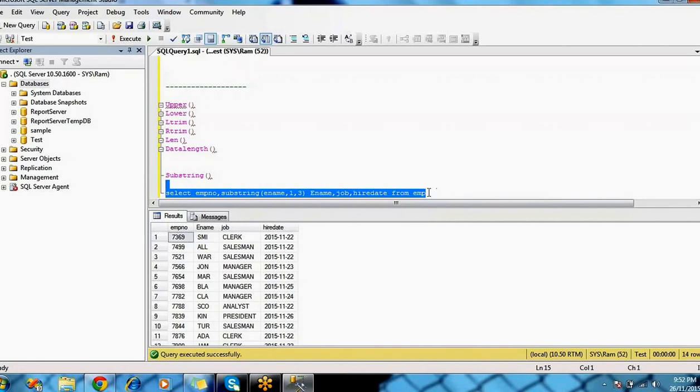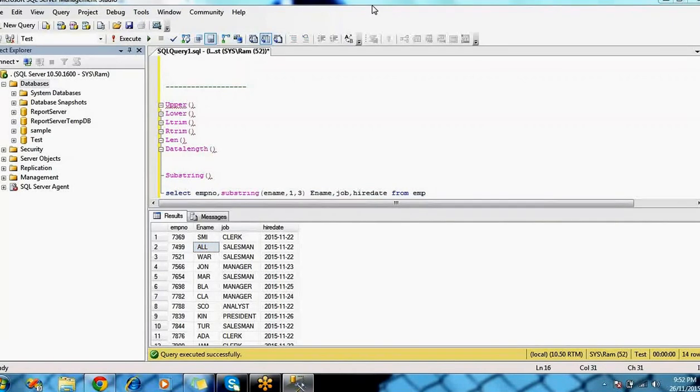On executing this one, what happened? Three characters will come. So that substring will take from the starting position 1 to the third. Okay, from 1 to third. So for example, for demonstration purposes, I'm going to take one more